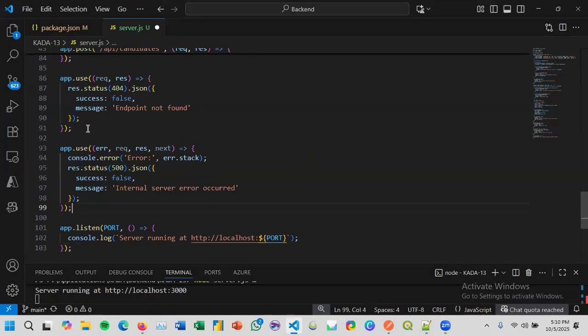First is 404 error not found, and this is for routes that don't exist, which in this case is anything outside except the get and post route that we created and tested before. And then second is the 500 error, server error. This is for internal server error like bugs or database error.